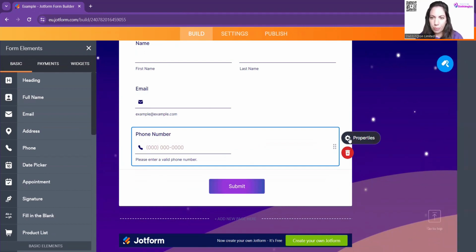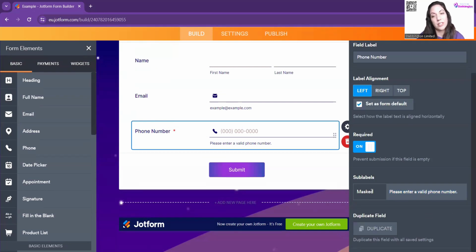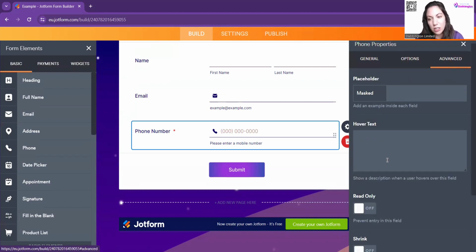So if you click on properties, this will open up the screen on the right hand side. You can make the field required. You can decide whether you want the label alignment on the left. You can change the text of the sub-labels. So where it says please enter a valid phone number, you could say please enter a mobile number. You've got options how you want this bit here to look, and if you click on the advanced and scroll